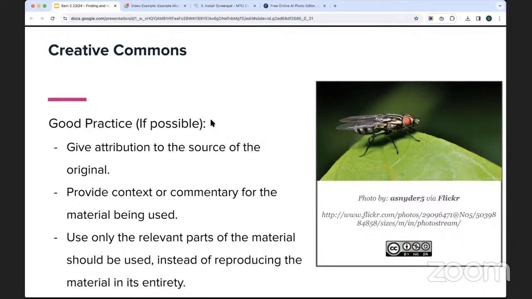So identify where you found it, and provide context or commentary for the material being used where appropriate, to give some sense of what you're using it for, or why you're using it in the course or in the slide or in whatever you're producing. And also good general practice is to use only the relevant parts of the material instead of reproducing the material in its entirety.